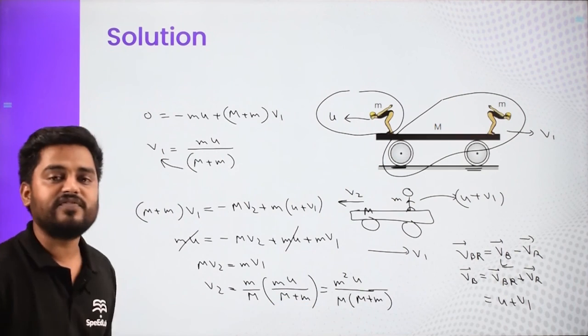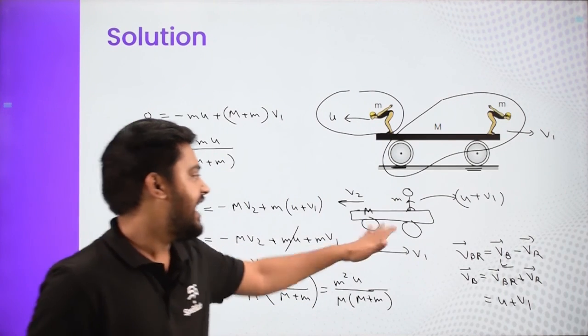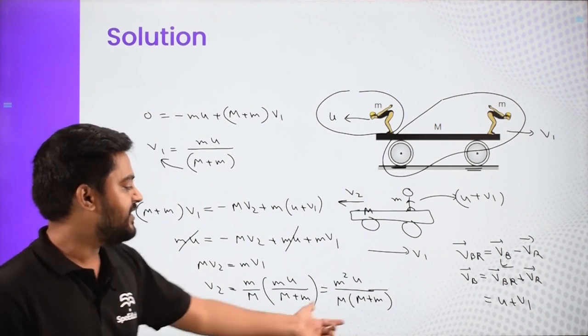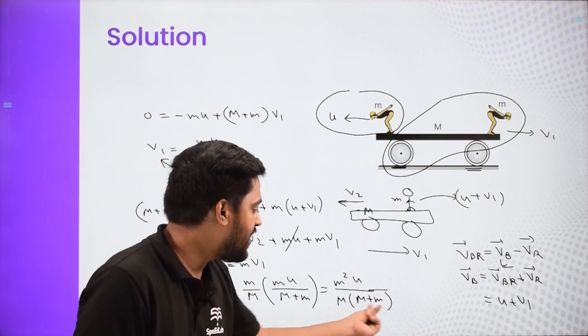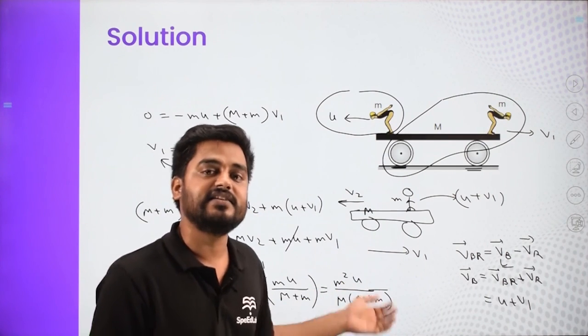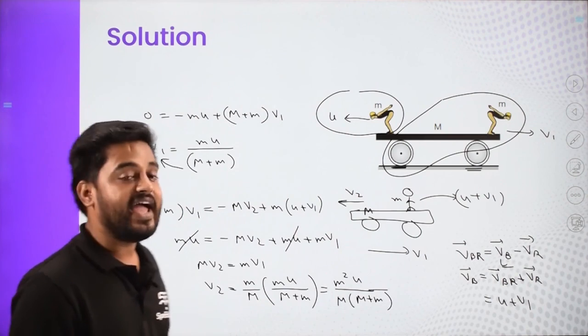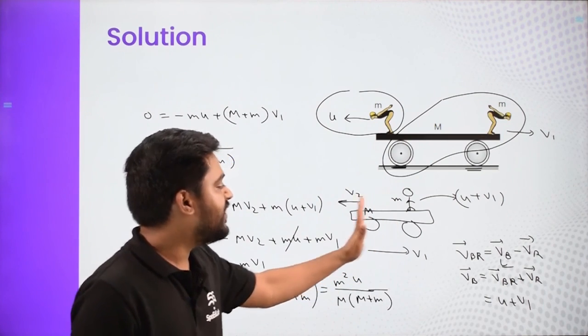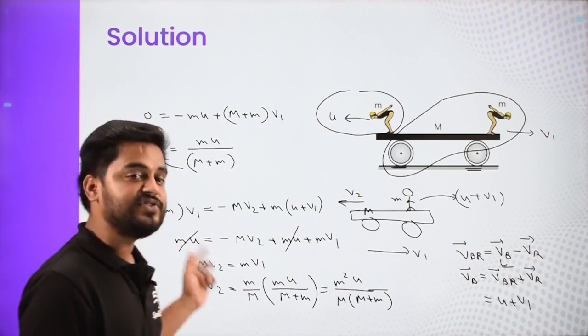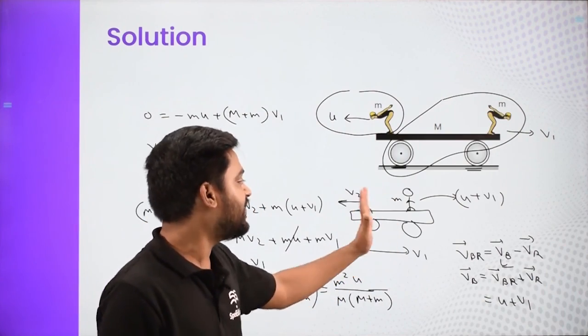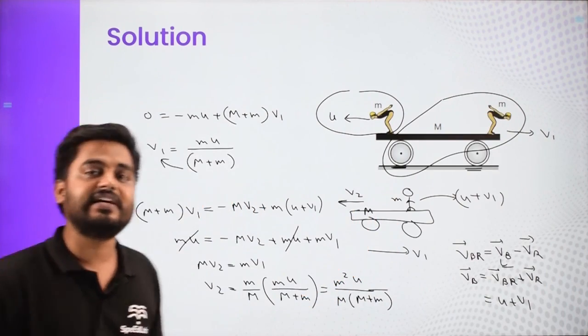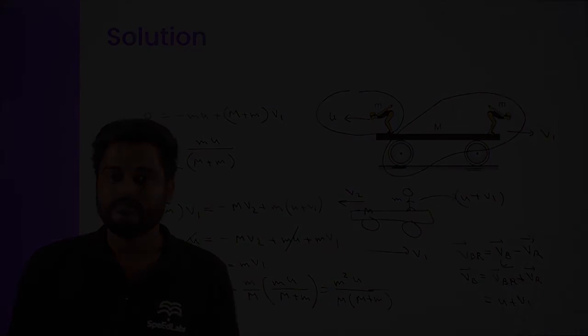So this is the final velocity of the railroad, and as we have seen, this v2 is coming as a positive quantity because all of these are positive. This is a square and the entire thing is a positive quantity, meaning the railroad will actually be moving towards left at the end. So our assumption that the railroad is moving in this direction is correct.